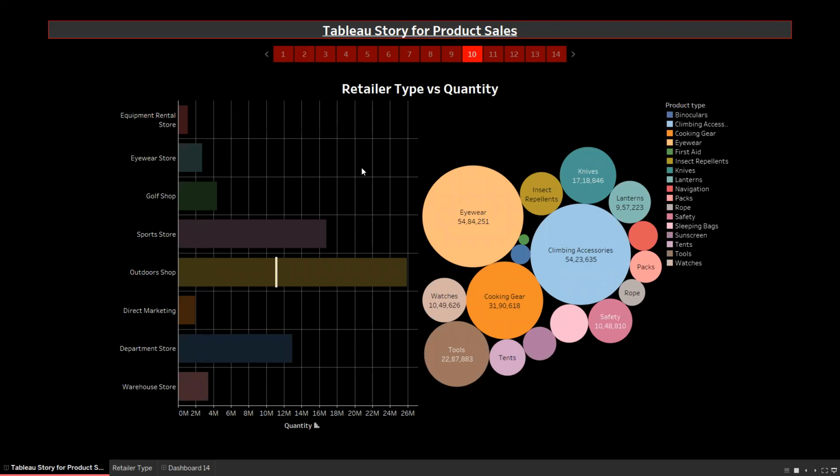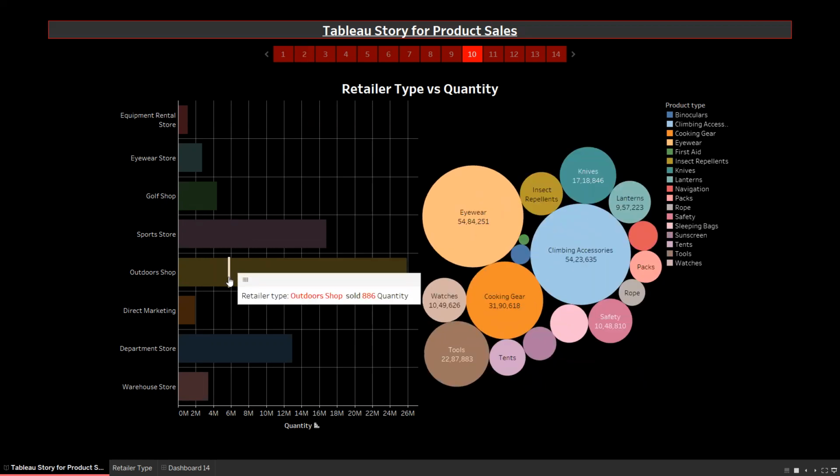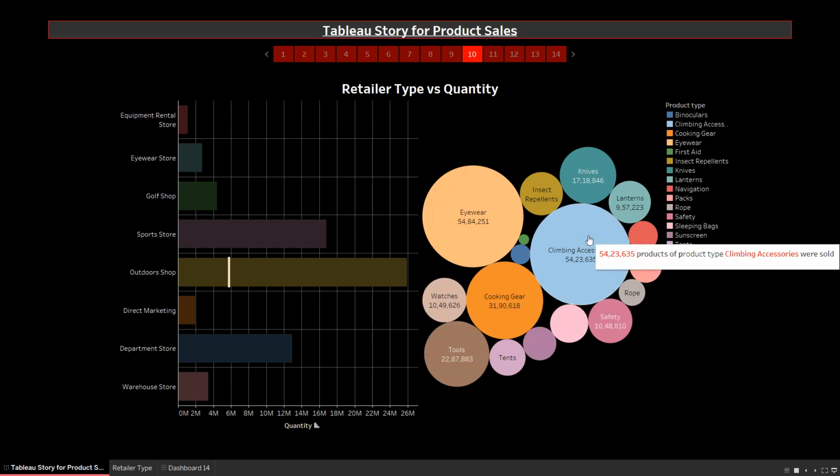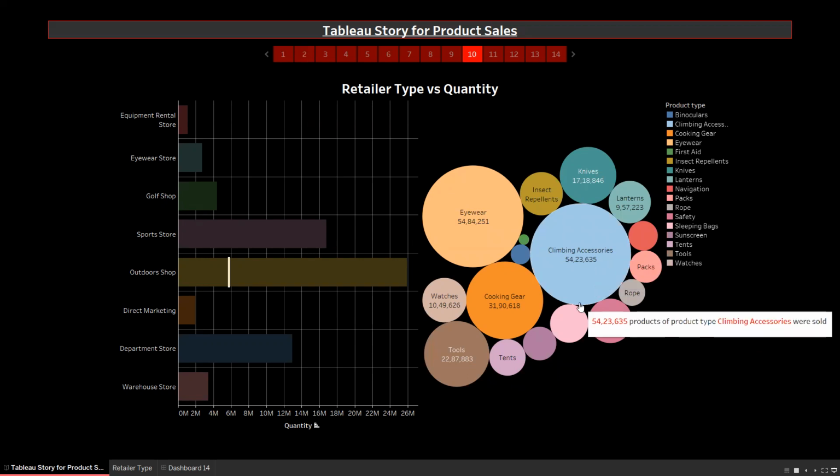The next graph is retailer type versus quantity. Here the y-axis consists of all the retailer types. We have 7 to 8 retailer types, and on the x-axis we have the quantity. Which retailer type has sold how much quantity is shown in this. And if we select any particular retailer type, the bubble chart on the right gets updated.